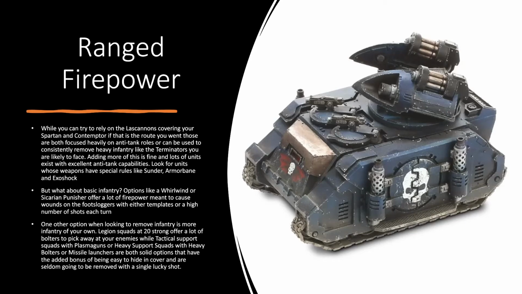Another option is to just remove infantry with more infantry. You can either add more Legion squads, 20 men with bolters just firing at range, and over time that will force the enemy to roll saves, and with some good luck you can remove 4 or 5 every turn. The other option would be to buy 20 more Marines and then buy some heavy or special weapon boxes to supply them with those weapons. 5 or 10 guys with plasma guns, 5 guys with missile launchers, 5 guys with heavy bolters. That's a really good way to remove infantry. And in some cases, you'll also threaten light vehicles